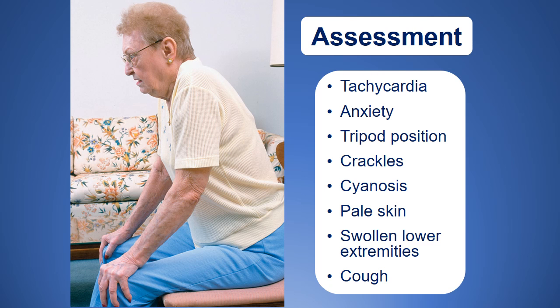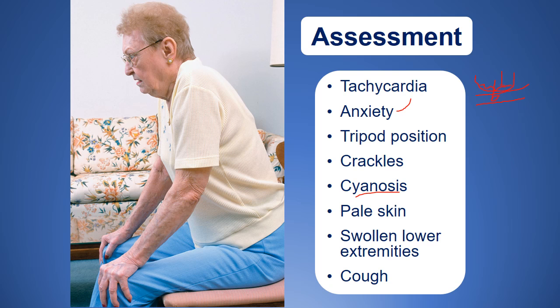Assessments for those, of course, in your acute phase, while you're called for difficulty breathing, tachycardia, anxiety because they have a decrease in the ability to perfuse oxygen. So normally we have to get oxygen from the alveoli through the alveolar wall, through the capillary wall into the blood. Well, if we add fluid to that, now we have another barrier to get through, so it's harder for oxygen to diffuse. So they'll be hypoxic, cyanotic, even harder to breathe,